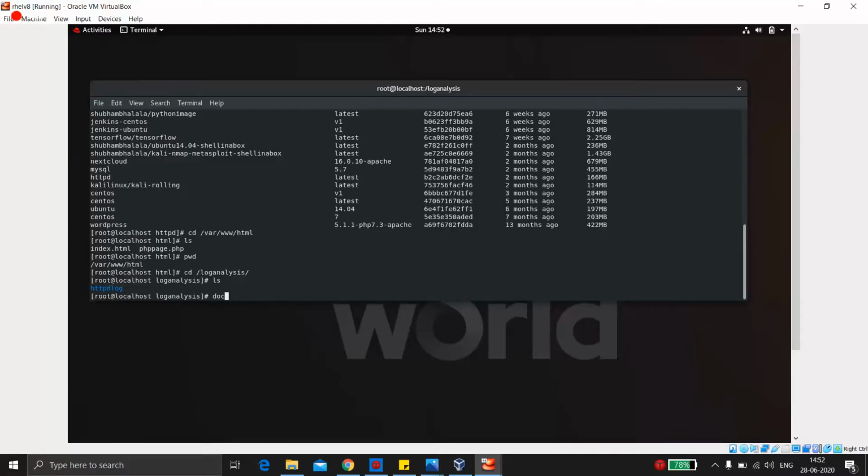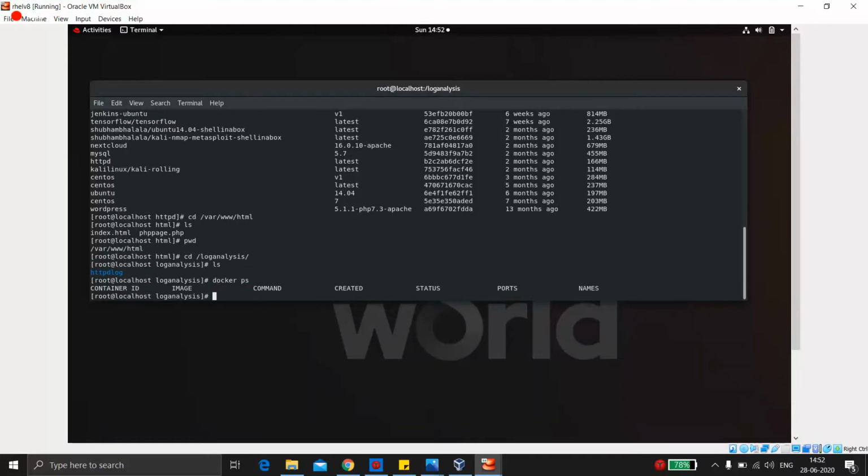So basically the command goes like this: docker. Okay, let me show you that there's no docker container running right now. So docker ps will show the containers running right now, or you can even use docker container commands. So what's the difference, or what would be the main reason for using the docker container type of command?